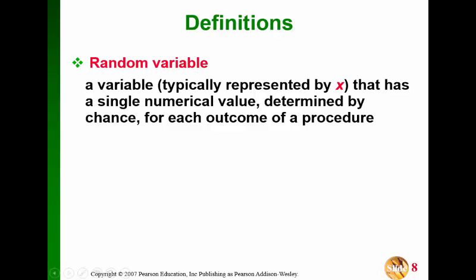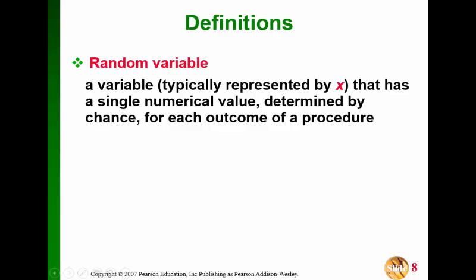And so I remember having this in one of my exams. I don't know if it was a midterm or a final, but I asked people to define a random variable. So random variable, just reading it is kind of weird. A random variable is a variable typically represented by X that has a single numerical value determined by chance for each outcome of a procedure. What? So a random variable is a numerical value,